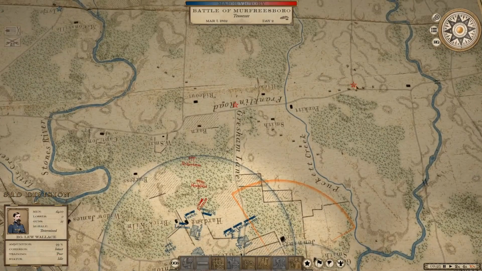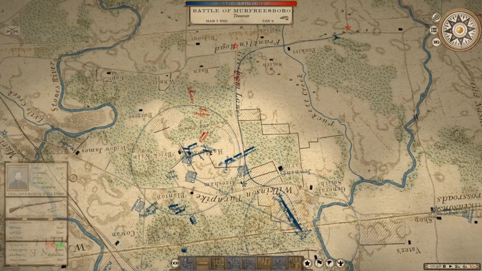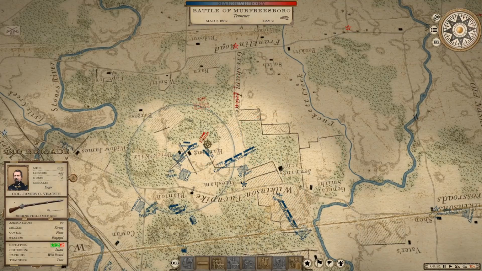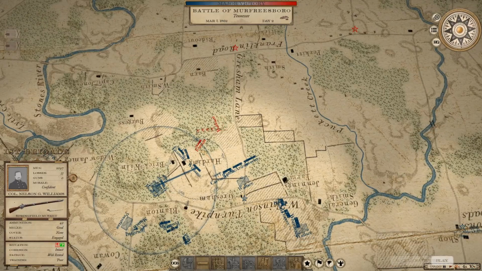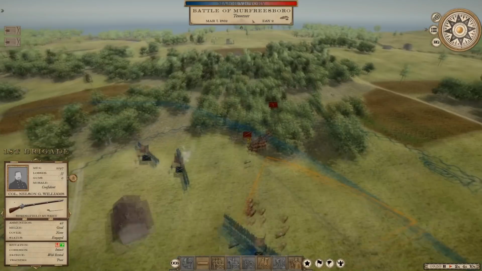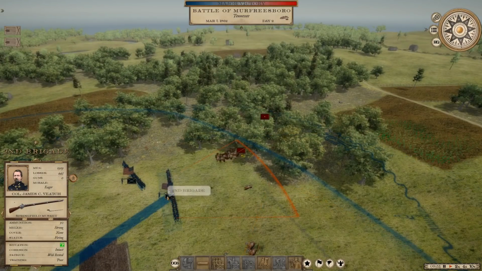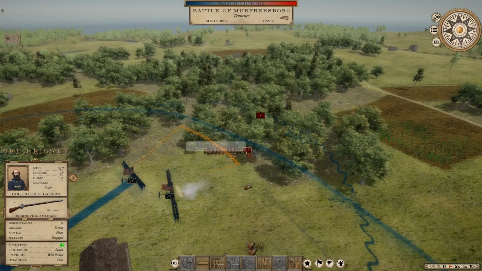Should we send the other Wallace to the last objectives down here? Guess he's going to take the roadway. Enemy artillery's coming up. We've got 3 brigades pointed in on Forrest, though. Engaged. This battle, as opposed to the tactical battles, which were a little bit bigger in size, seems like it's not too laggy. Okay, you can see Forrest's brigade is eating some